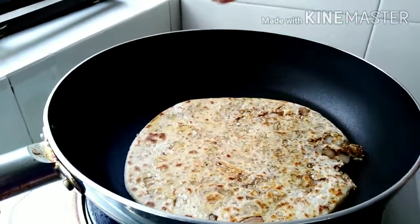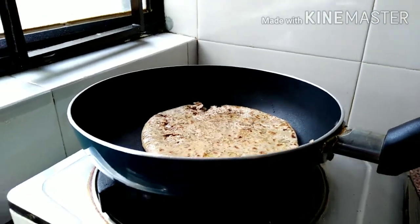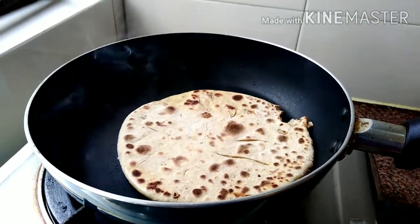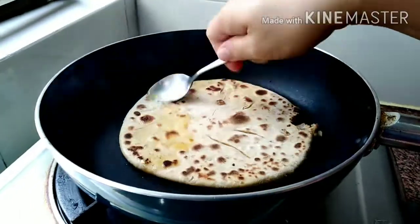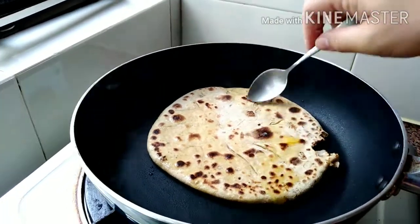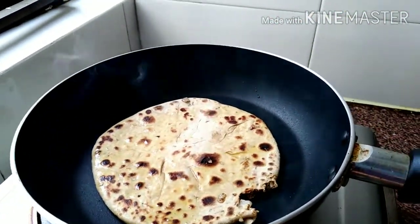Then the other side. I don't really like ghee. Now, extra flip. Wow. I don't know how to do it with chapati, but I'm really good at doing it on bread only. And then don't put too much ghee. Just add a little bit for a little bit of crunch and flavor. Ghee is like a balloon, no, it's